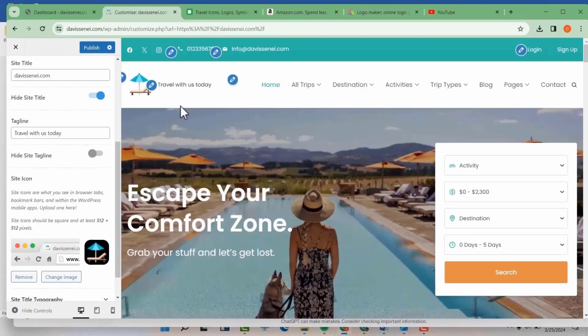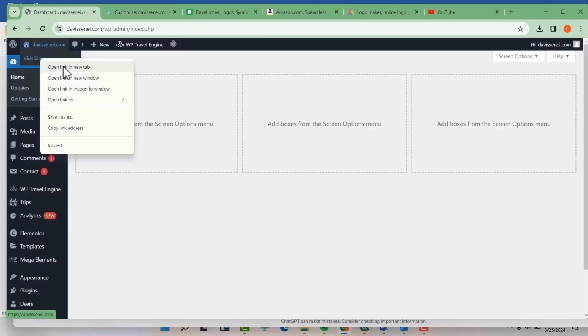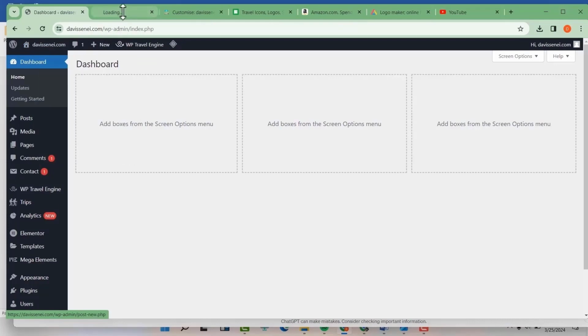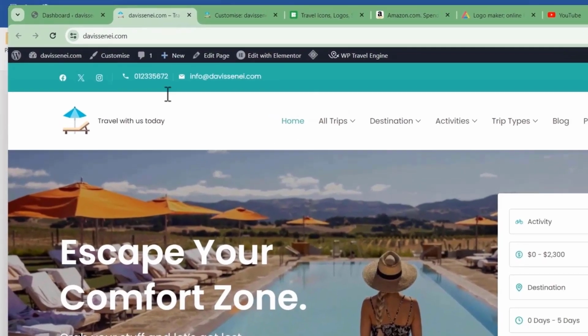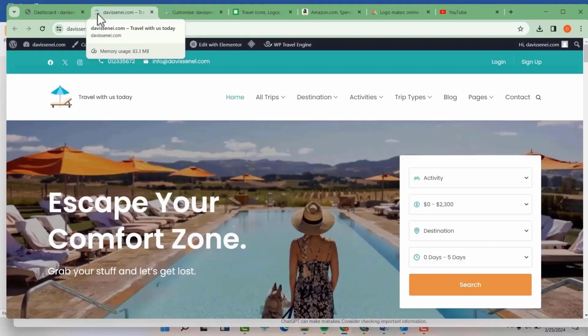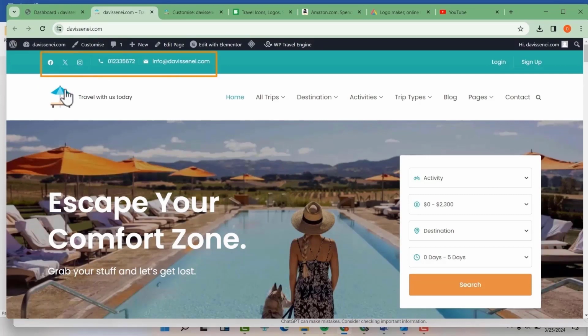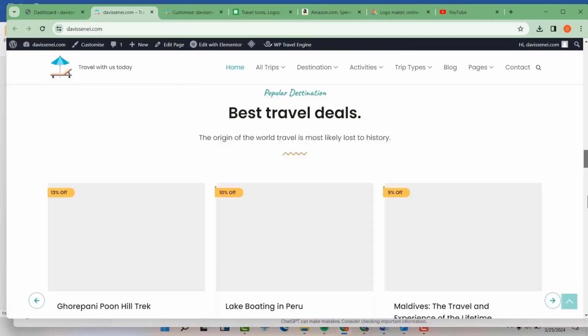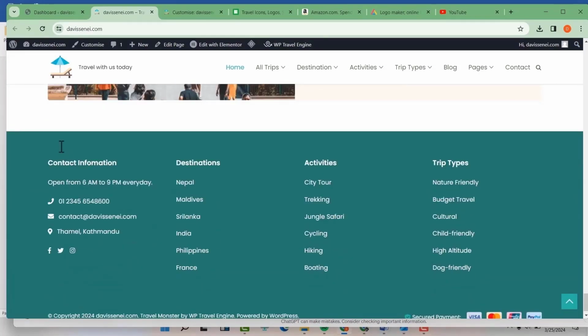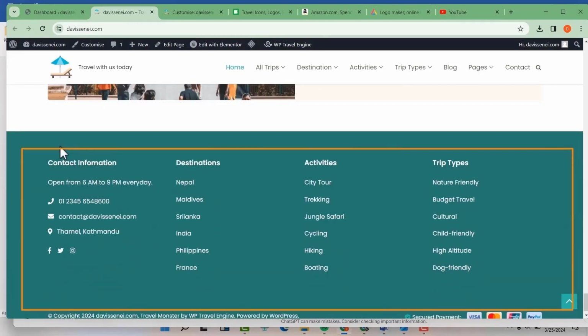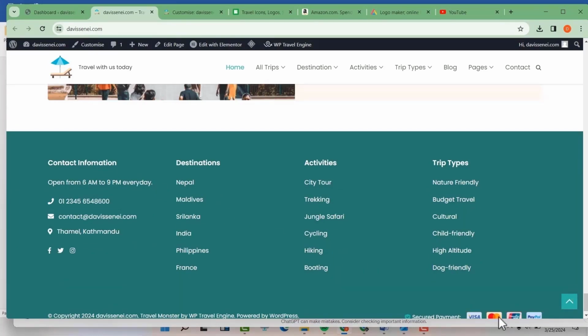Now after customizing, hit on publish. Let's now open our website in a new tab. Now you can see we have a favicon here. We have our logo here. We have our custom numbers here. We have linked our social media here. And we have changed our footer here. And maybe if you had a different image, you'll have changed it here. So now